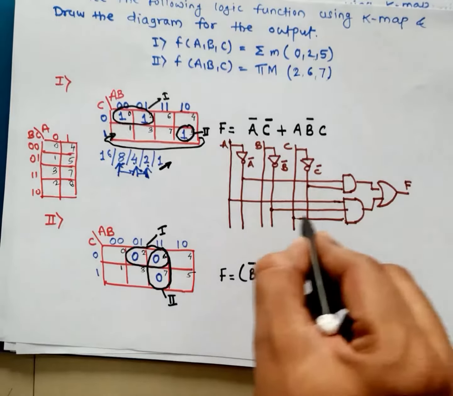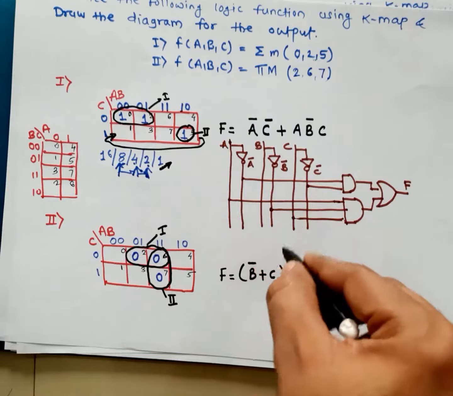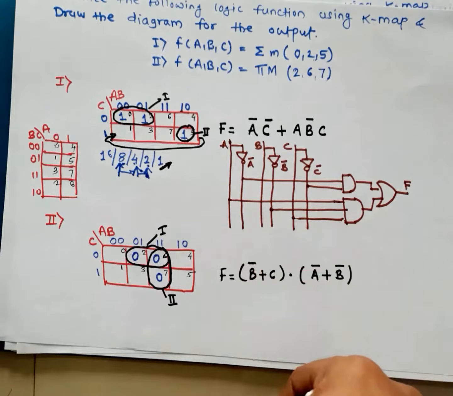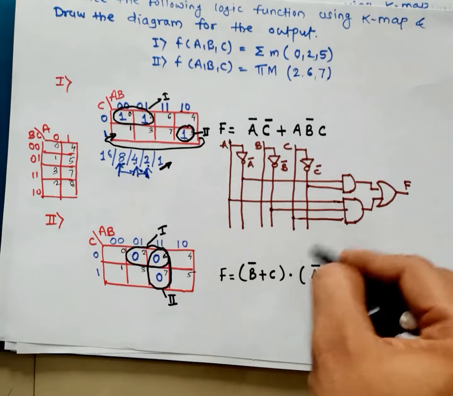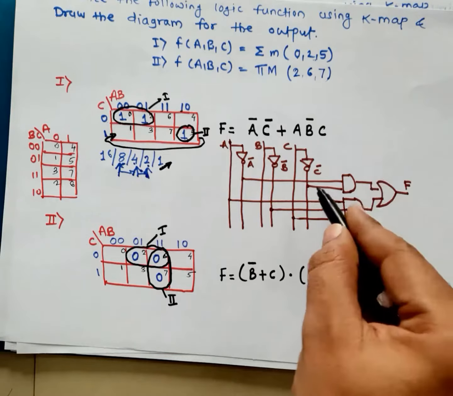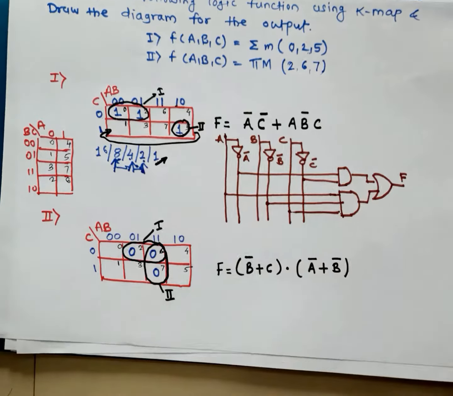Using the same logic while designing a circuit diagram, you can design the circuit diagram for this case. Instead of the AND gate followed by OR gate, here you require the OR gate followed by AND gate. The positions of the AND gate and OR gate will be swapped. Remaining things will be the same. So this is the example for 3 variable K map. Now we'll see the examples for 4 variable K map for SOP functions and POS functions.